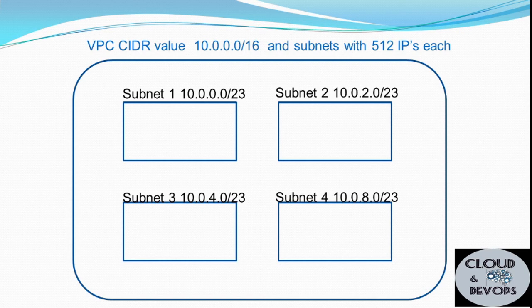So it depends on how many IPs we need for the subnet. That is the end of the session today. Hope you have understood these IP ranges. If you have any doubts, please leave a comment so that I can clarify, or I can give you the tables in detail showing how we can assign IPs.